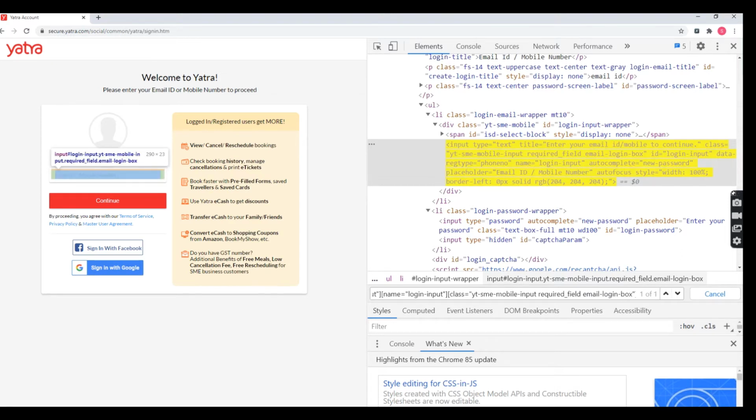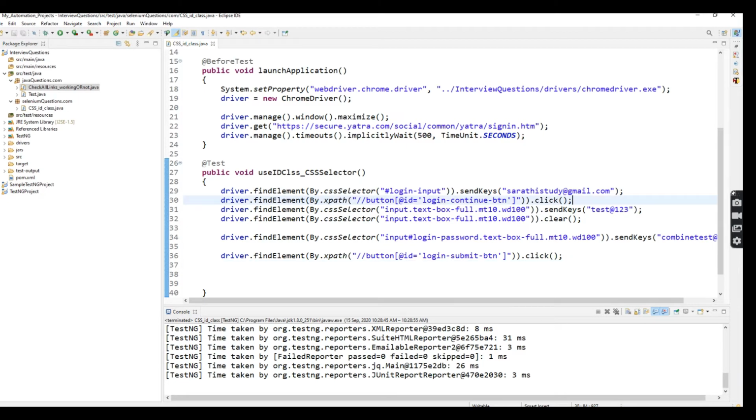See, now for only one element I'm taking three attributes. So this is the multiple attribute you are going to use in a CSS selector. I'm going to copy it and paste it here.